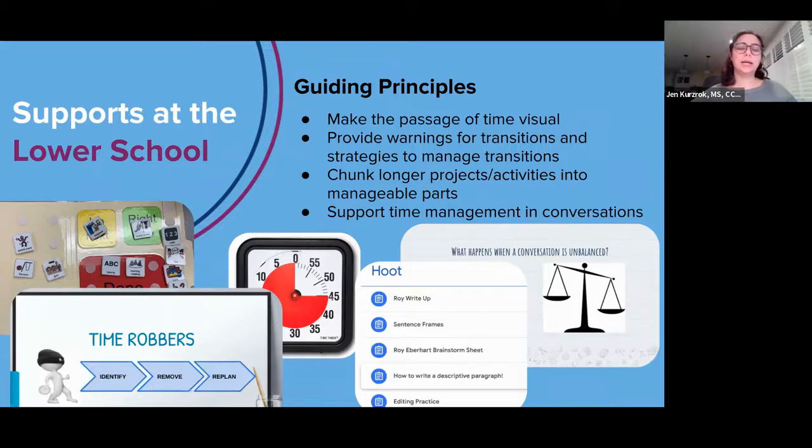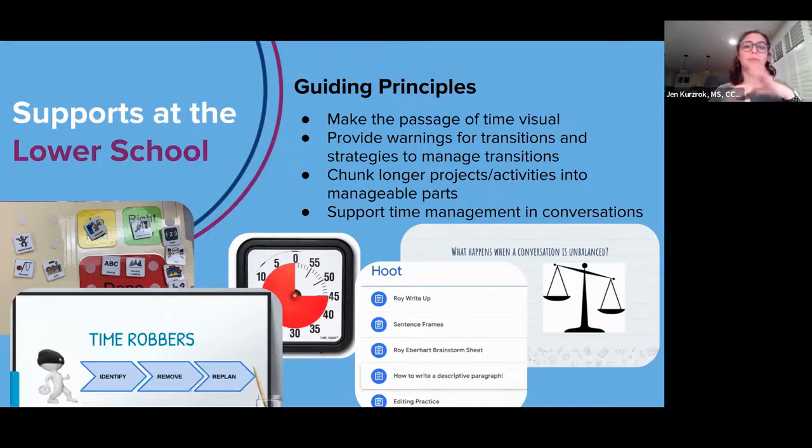A really great tool that is really easy to just order on Amazon is a Time Timer, which is that timer that's in the middle of the slide. It works on an hour, but that red part actually ticks down. So visually, even if students don't know, like, 20 minutes, that seems like kind of a long time. Now it's 5 minutes, I think that's less. They can actually see the size of that red piece getting smaller.